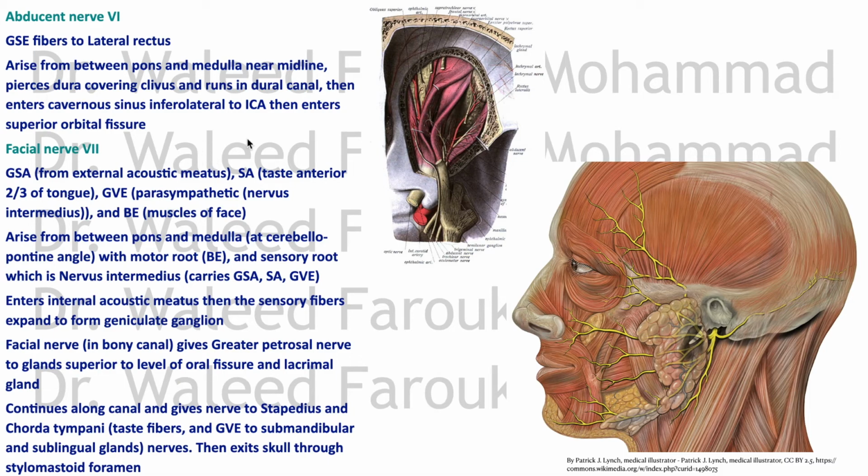The facial nerve. We've learned its story inside the inner ear, and how it exited from the middle ear, how it gave branches in the middle ear, the nerve to stapedius and the chorda tympani, and it exited through the stylomastoid foramen, how it supplied the stylohyoid and posterior belly of digastric,